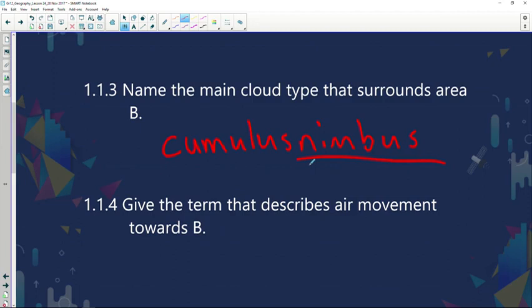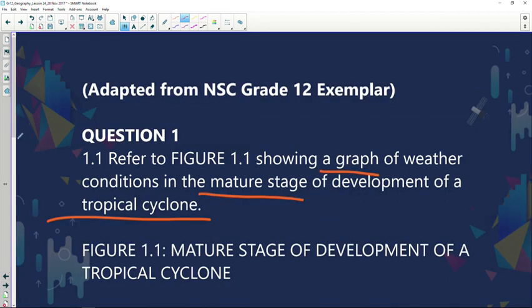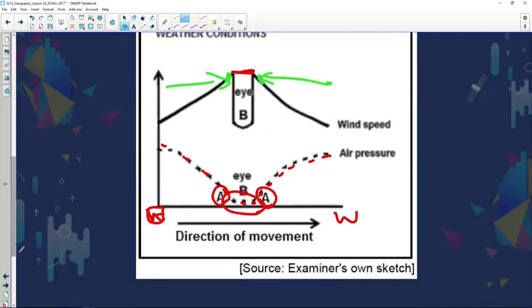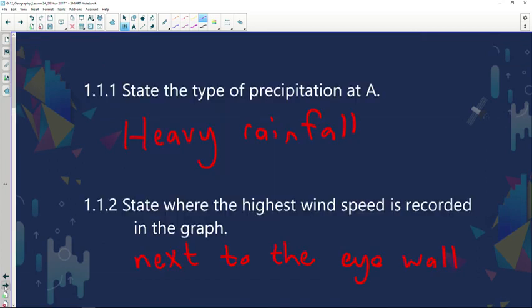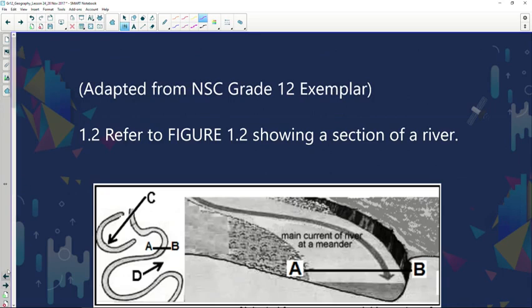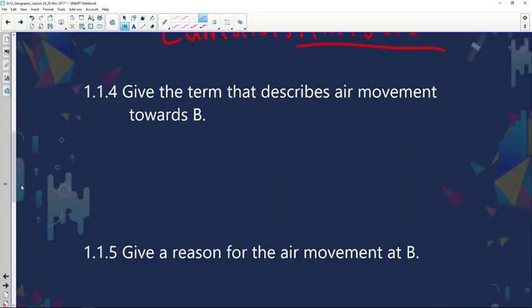Now 1.1.4, give the term that describes the air movement towards B. Now let's quickly go and have a look where B is. And what happens at B? What's the air movement over there? Very importantly, it's convergence of air. Okay, when air moves towards one another, or anything moves towards another, it is known as convergence. So 1.1.4,